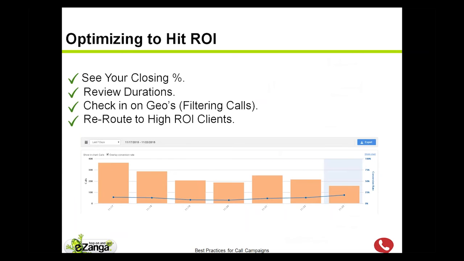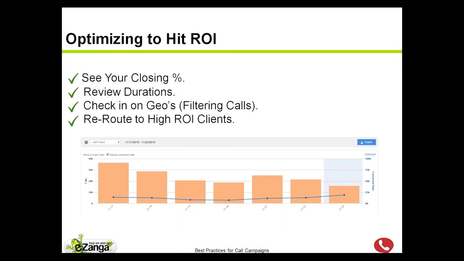So first and foremost, we really want to look at our closing percentage. Where do we start out? Are we relatively smooth with the conversions? Are they increasing a lot? Are they decreasing? What's going on? And just a brief overview, if you want to look at an executive level of this, you just look at the duration of the call. Typically, you see that the longer durations tend to turn into more sales or conversions. If not, that's something to dive into with your optimization.